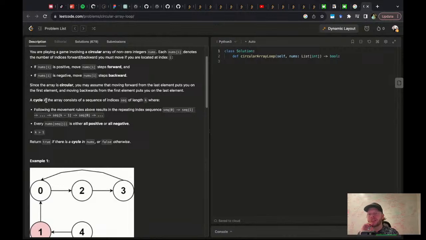A cycle consists of a sequence of indices where you end up where you started, right? You end up where you started.